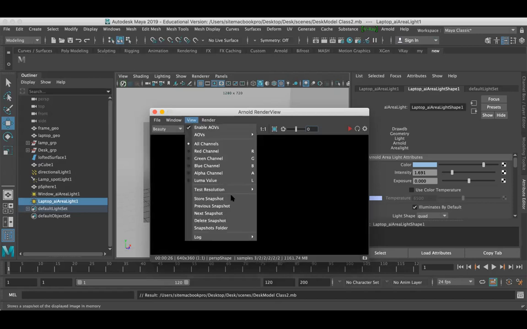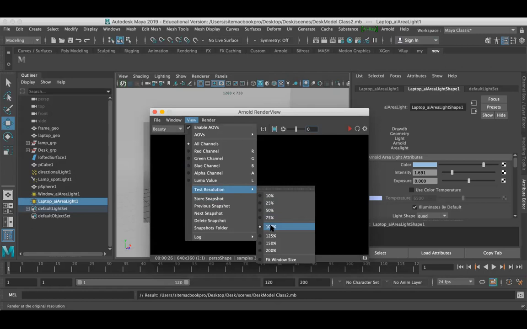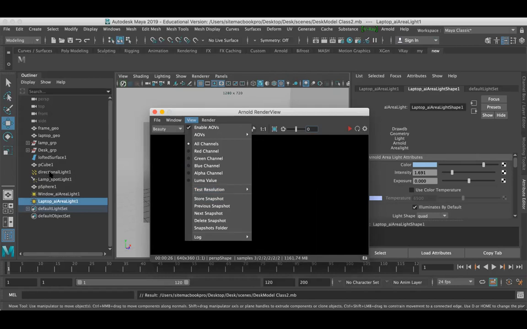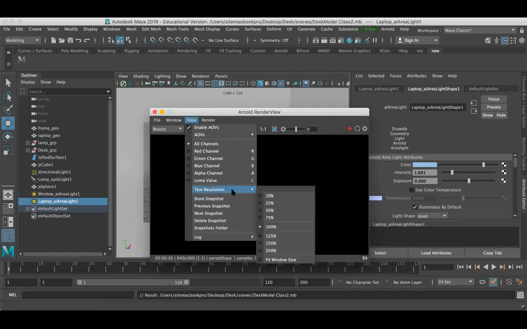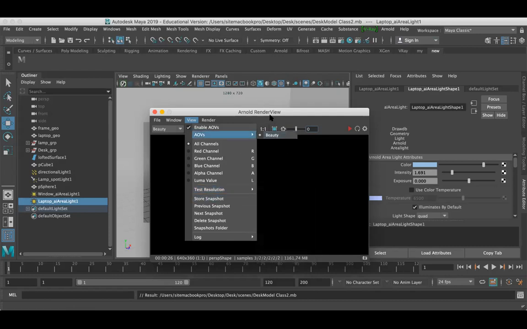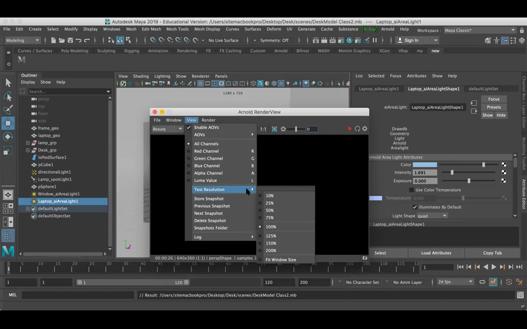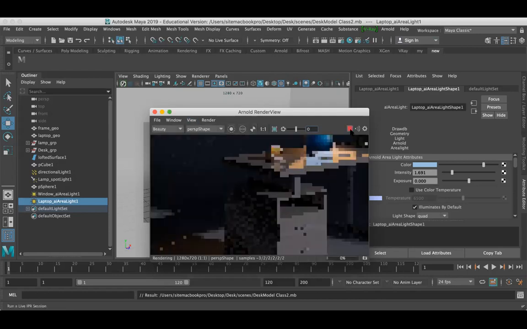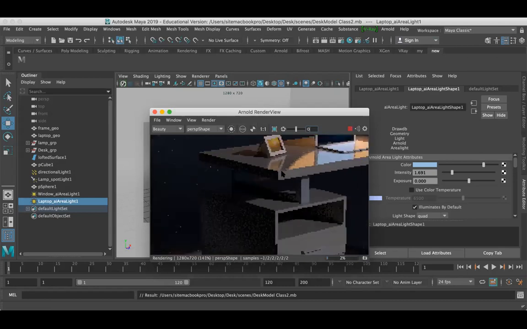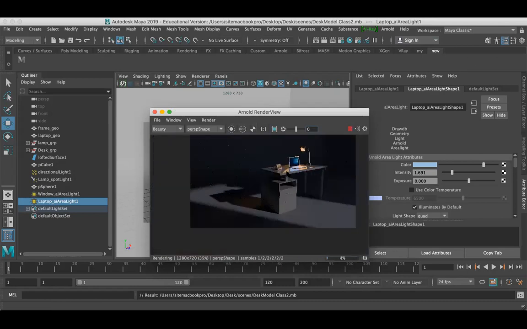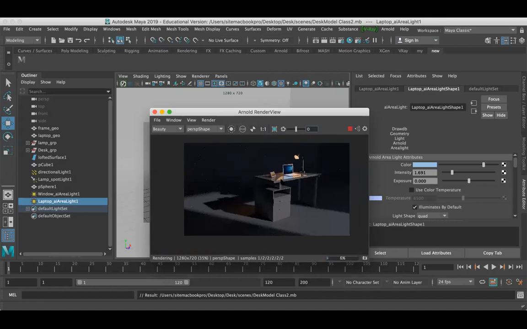By default, it will be 100%, guys. When you open your Maya, it will be 100%. When you do settings, when you create a directional light and make changes, before that, change this test render to 50% so that your render time will be less and you will get output earlier. And in the final, once you've completed everything, change to 100% and just hit render. So you can see that this is my final output.